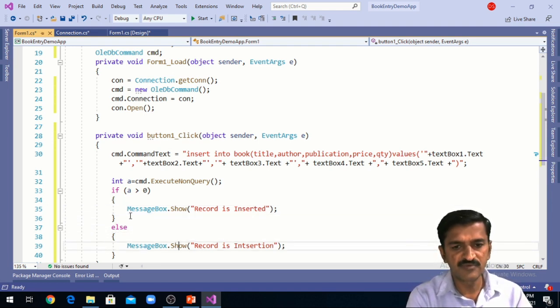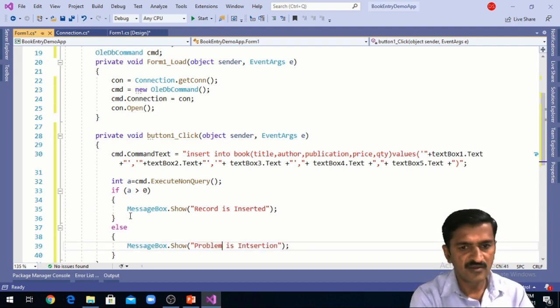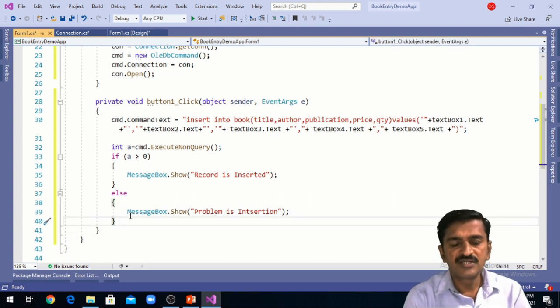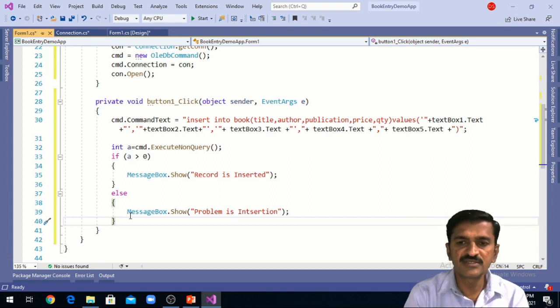I need to specify the message like this, right? So we can test whether the form is working or not.